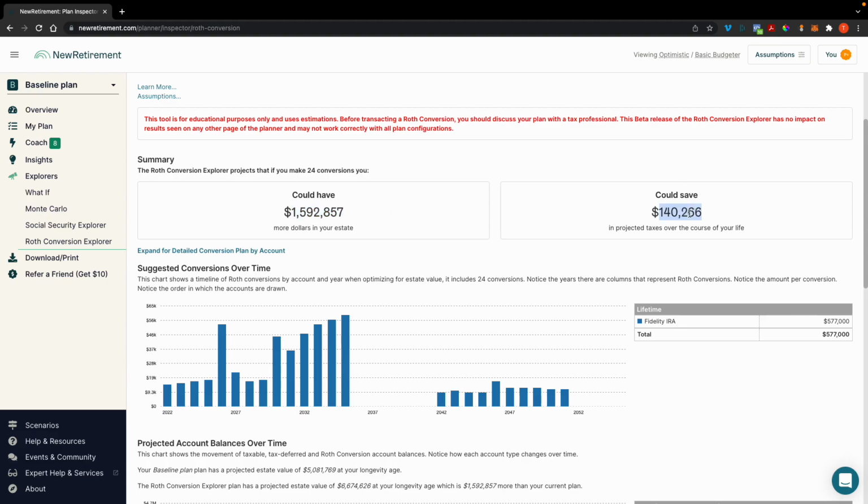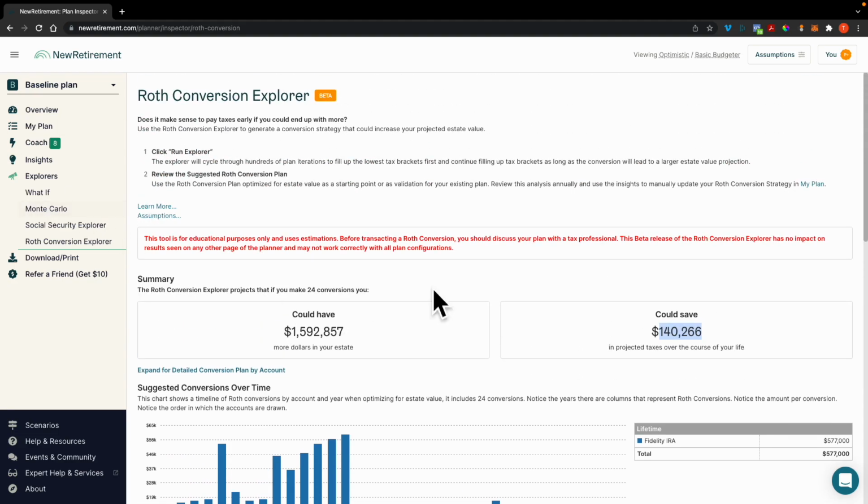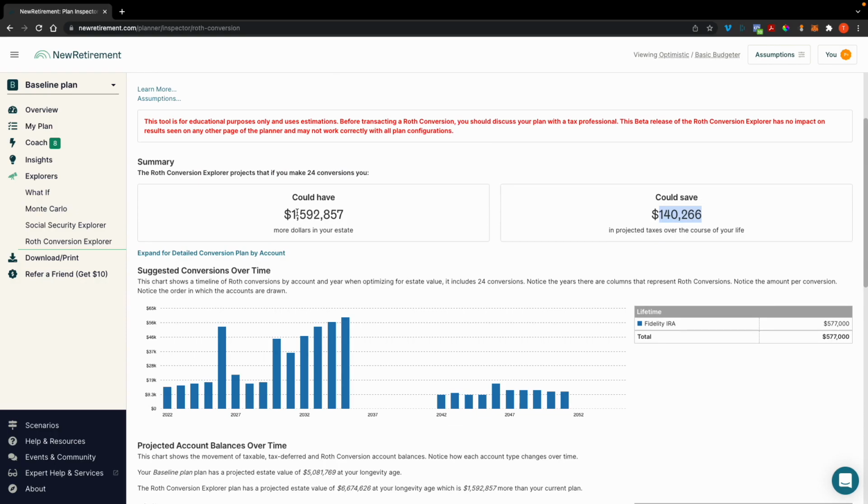And in projected taxes, if that doesn't seem substantial for you, then Roth conversions might not be beneficial for you, okay? But if you do run this and everything is inputted properly and it gives you, let's just say, $250,000 more in your estate.